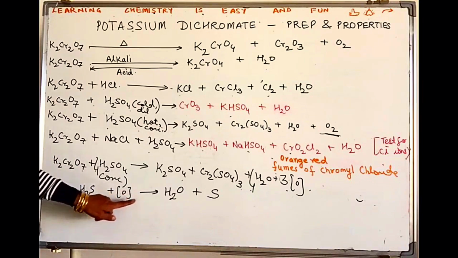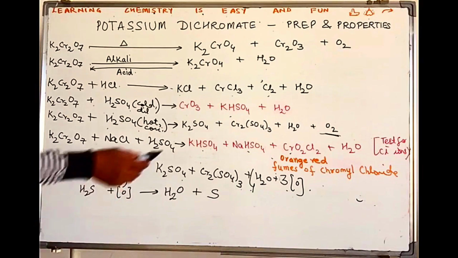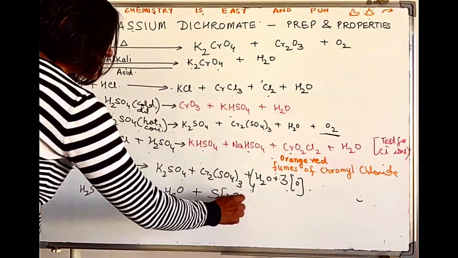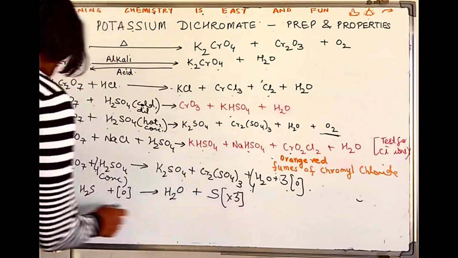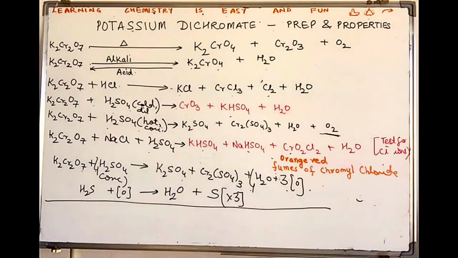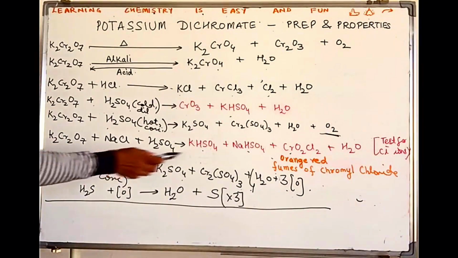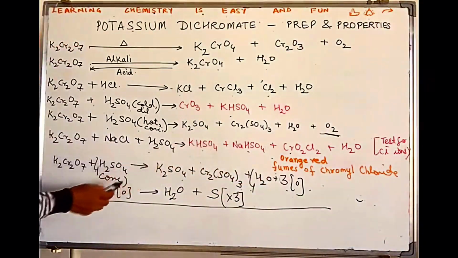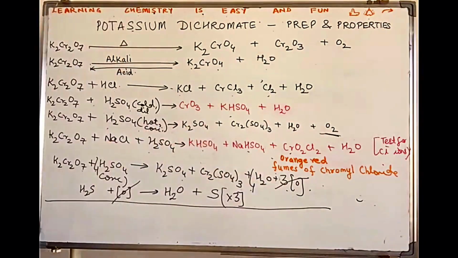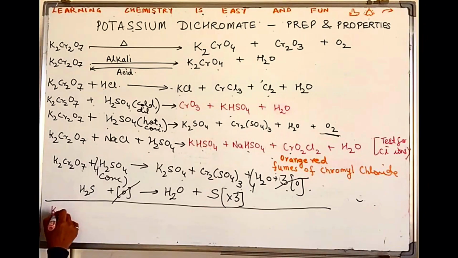Hydrogen balanced, oxygen balanced, sulfur balanced. So there are 3 nascent oxygen being released. We multiply the second equation also by 3. Got it? Now, 3 nascent oxygen being released, 3 nascent oxygen being used up. Cancels out. What are you left with now? Just add the two equations. Simple. So I have the final equation